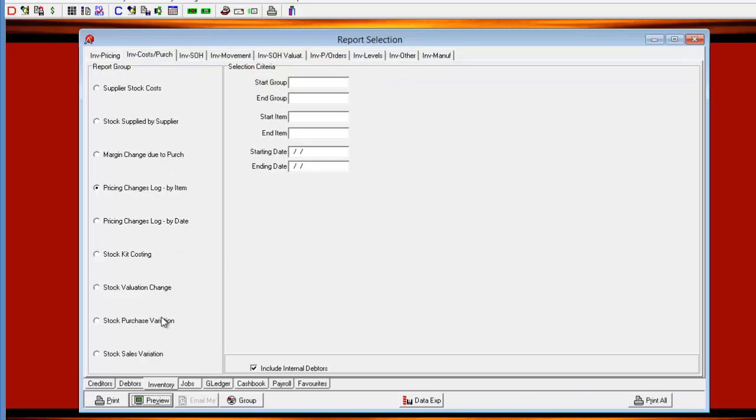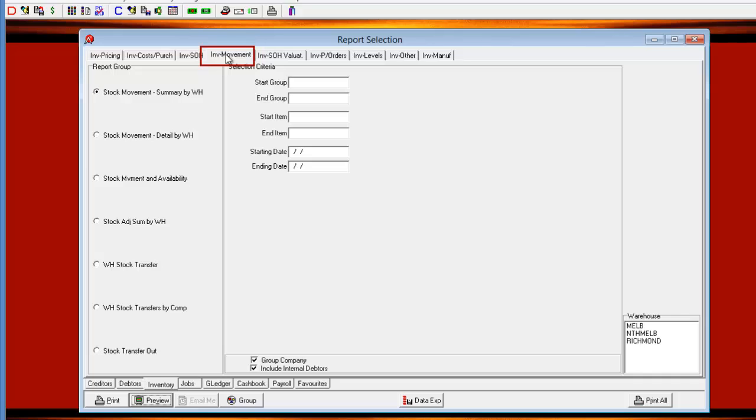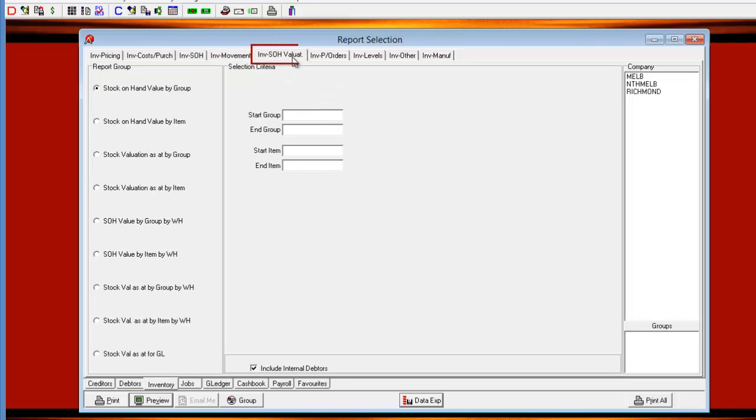Again, run each of these reports, have a look, decide on the relevance. Stock on hand reports relate to the stock on hand in the warehouse, generally at that point in time. Some of the movement reports will allow us to arrive at a stock on hand at a point in time. And the stock valuation reports include the cost base, be that the standard cost, average cost, or last cost,